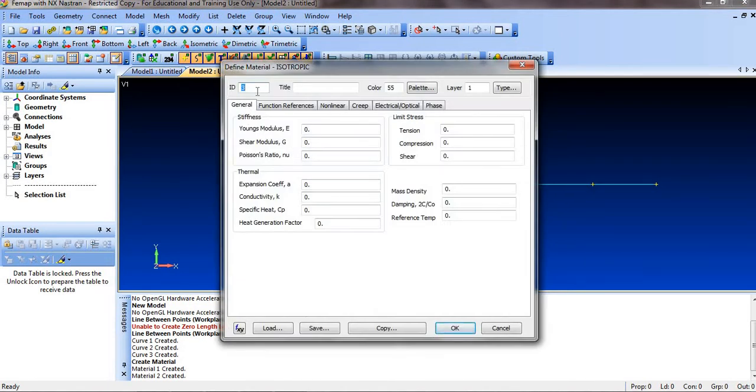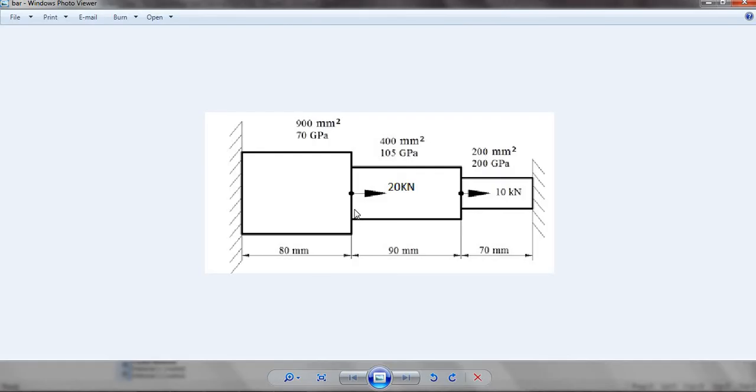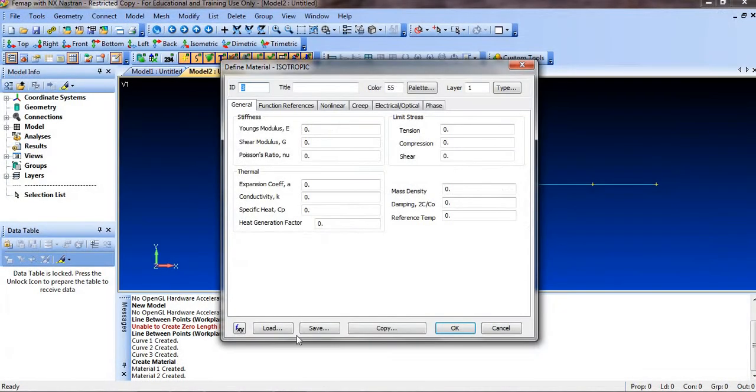And ID3. So we have element 3 also, right? So what is element 3? The Young's modulus is 200 GPa. So enter the same thing, 200 GPa here. And before that, give the title as element 3. It is 200 E3, correct? 200 E3, 200 MPa.